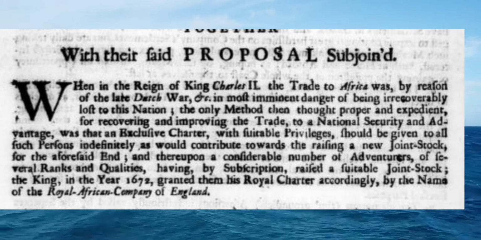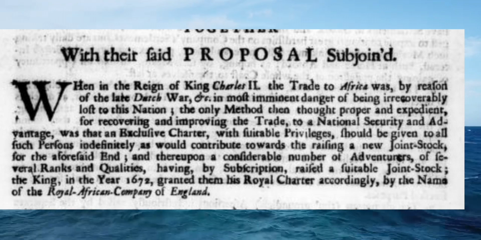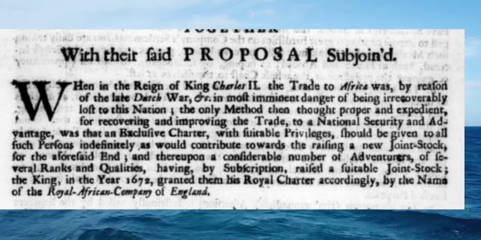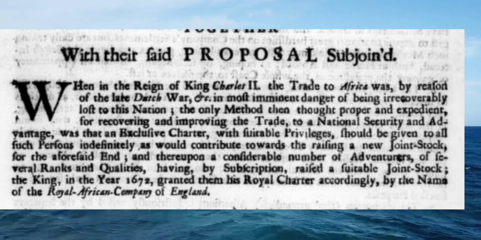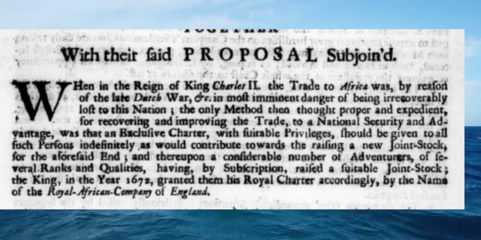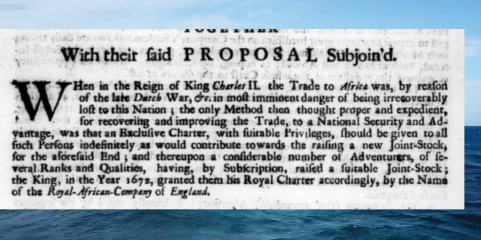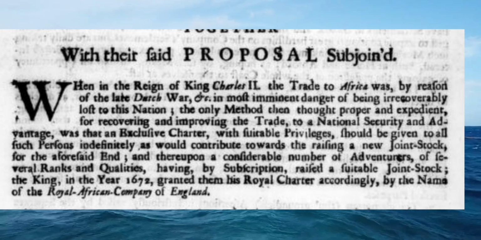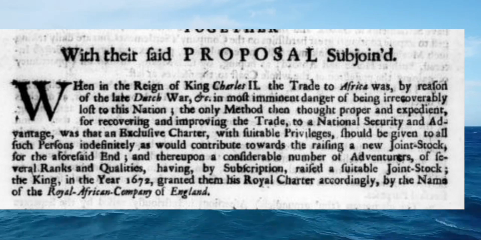The only method then thought proper and expedient for recovering and improving the trade to a national security and advantage was that a exclusive charter with suitable privileges should be given to all such persons indefinitely as would contribute towards the raising of a new joint stock. So basically what's going on, they're bothering them so much, the Dutch, that they ended up giving them their